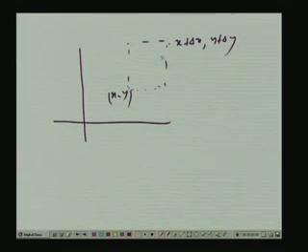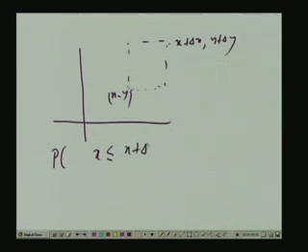Anyway, what is the probability of x comma y falling within this zone? We have already seen that probability, that is, what is the probability of x lying within x plus dx and y